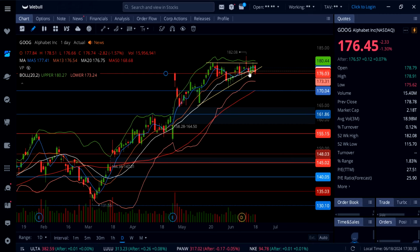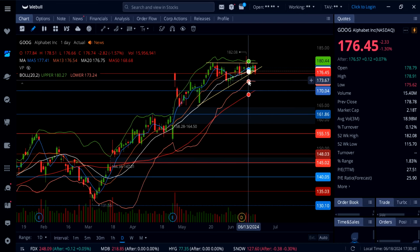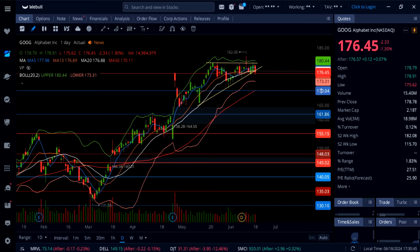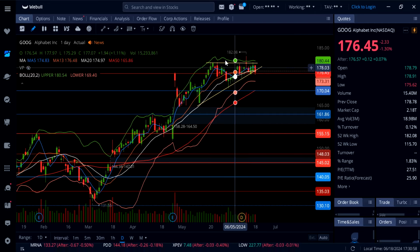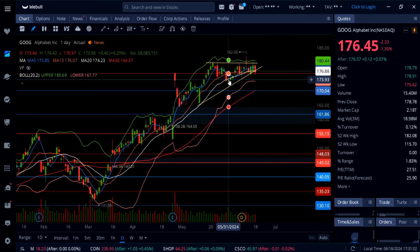and if that happens, watch out for the next support down here, lower Bollinger Band, and that should be a strong support until this thing comes down even more. There is going to be support below 176 right here at 173.31, and then down to red line 50 SMA 170, and then we can talk about even more downside on Google stock. Now, if Google gets that breakout over 180 and also takes out this previous all-time high 182, in that case, it's heading higher all the way up to 185, and that's going to be a brand new